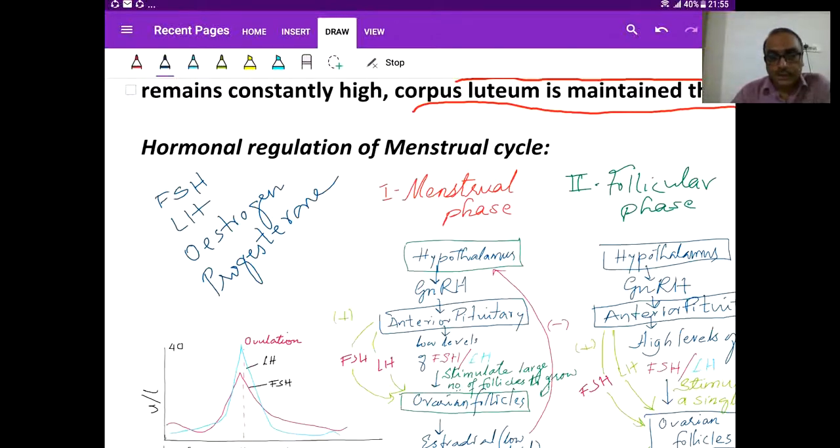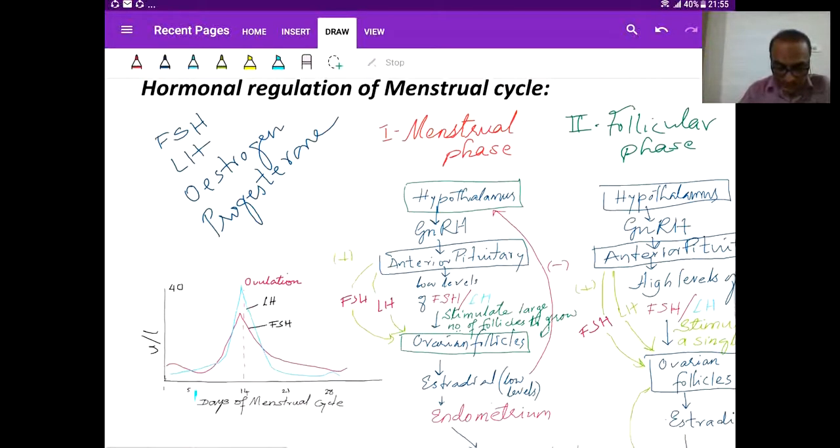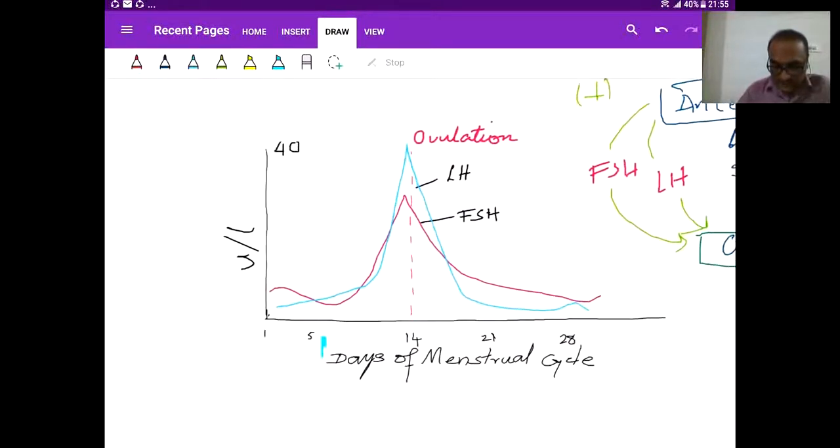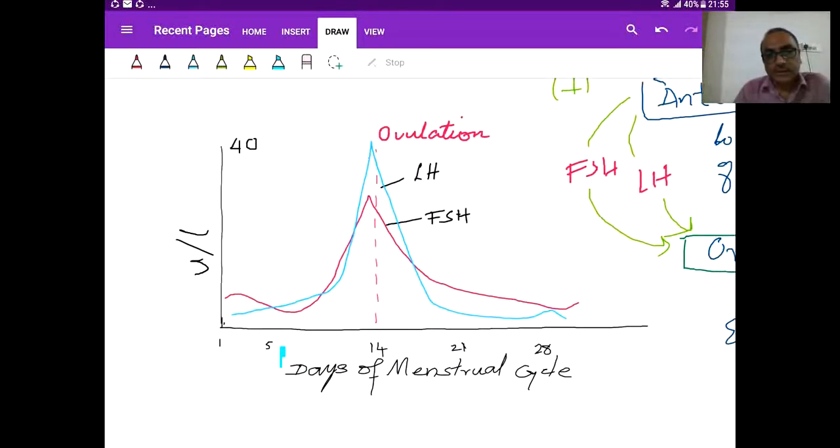female. Now let's try to understand how the levels of different hormones change during different phases of the menstrual cycle and how they bring about the changes. Okay. Now first let us take up the graphical representation, of the changes in LH and FSH, luteinizing hormone and follicle stimulating hormone. If you look at the graph here,